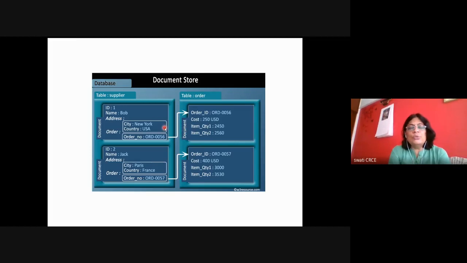This particular slide shows you how the references are used whenever the two tables are to be matched with each other. Like this particular supplier's orders are there. So the supplier's ID is 1 and this is a particular order. So this table order is having a collection of orders, and it is a collection of suppliers. Now every supplier has a particular order placed. So that order is identified with the help of order ID and that same value is referenced, its reference is maintained in this particular supplier table.